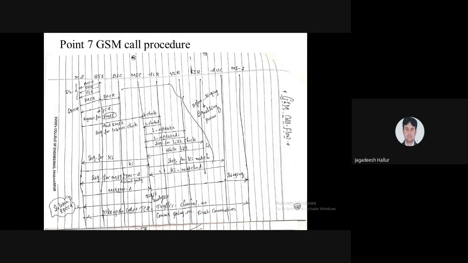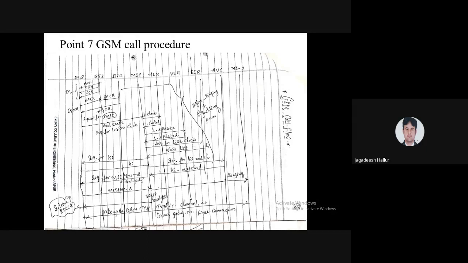It starts connecting from one end of the user to the other end of the user. It starts ringing. Once it starts ringing, one channel is released, that is the SDCCH, standalone dedicated control channel. Once your friend has picked the call, the final channel is the traffic channel, that is TCH.